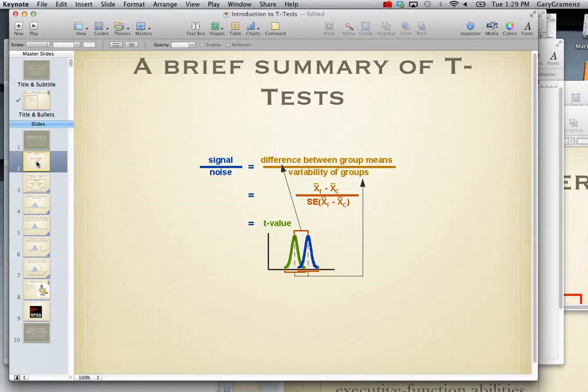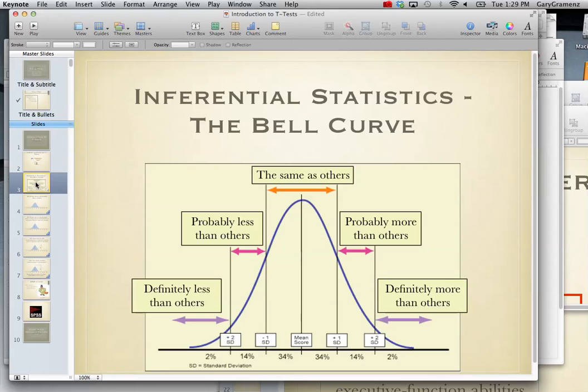An independent samples t-test is a statistical analysis of the differences between two groups. And as you can see right here, there is an actual formula that's used to determine whether the mean score of two groups, or the averages between two groups, are statistically significantly different. All of this is based on assumptions